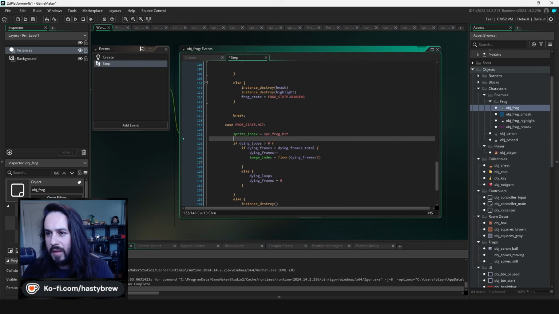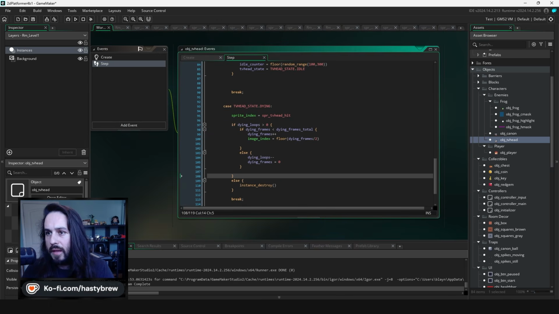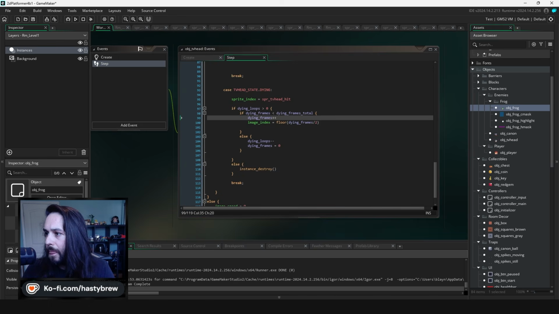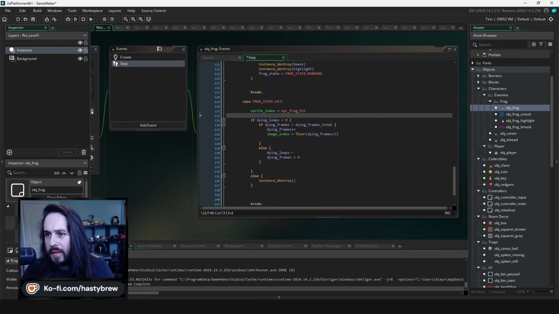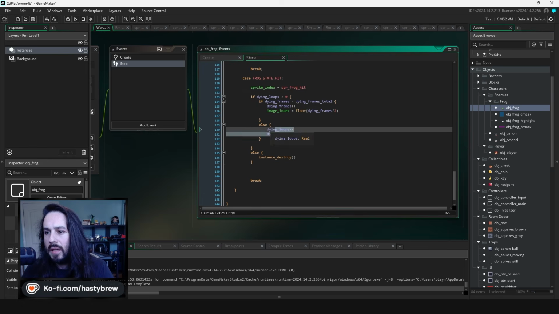If dying loop's greater than 0. Yeah, I just took it from object TV head, the TV head state dying. I just grabbed this dying loop statement, this right here. And yeah, I'm just double checking it. Dying loop's greater than 0. Here,